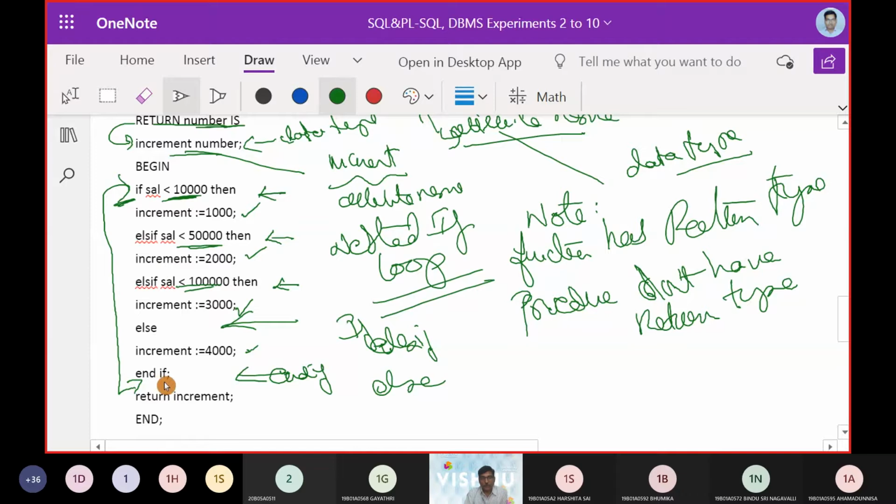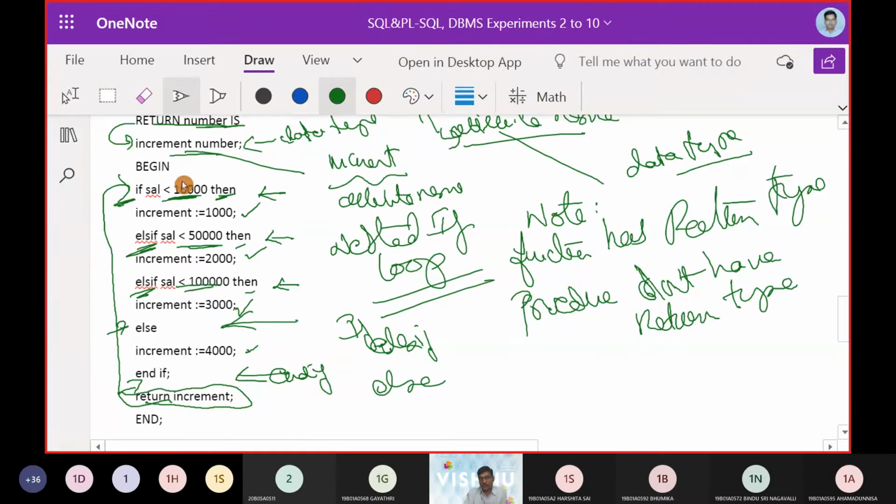Internally you should have else if, and then you can have then, that is also an integral part of the syntax. If none of the three conditions are met, then it should go to the else statement, that is increment was 4000. And finally the function should return something. So what is it returning? It is returning the increment.